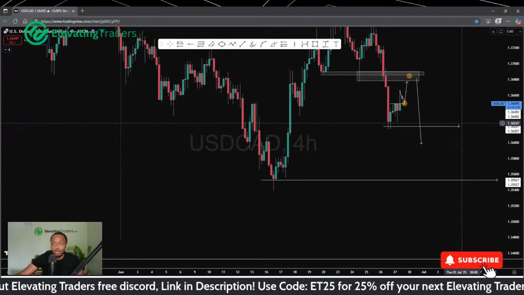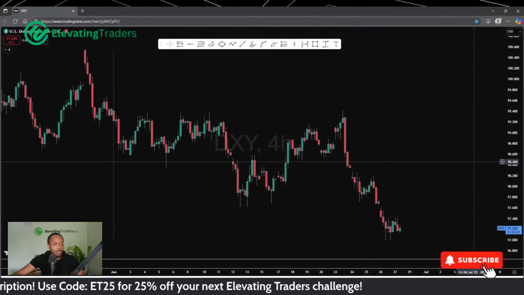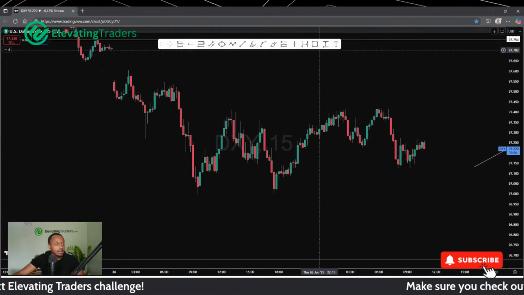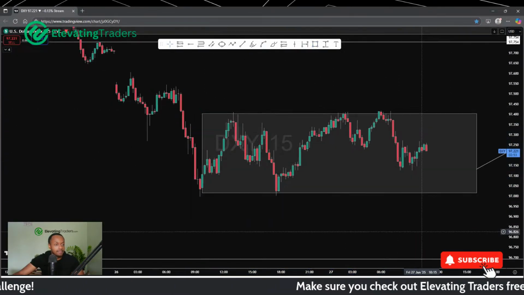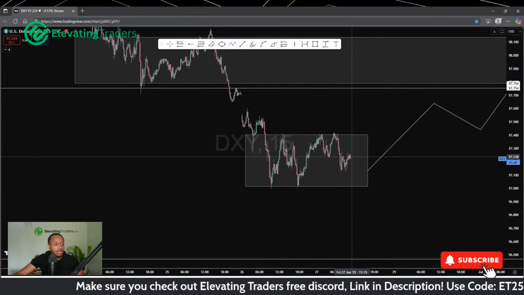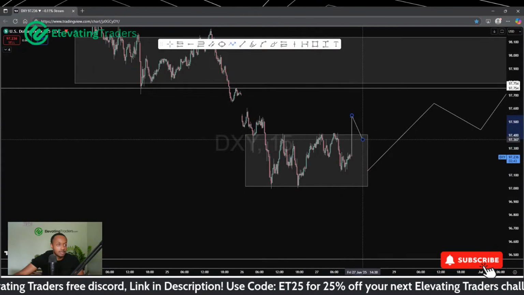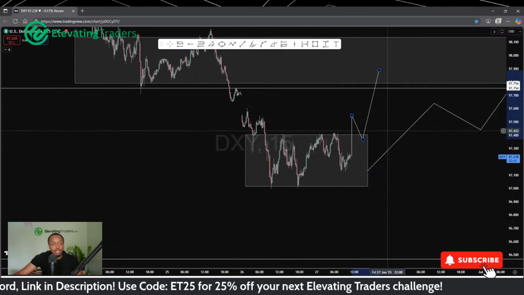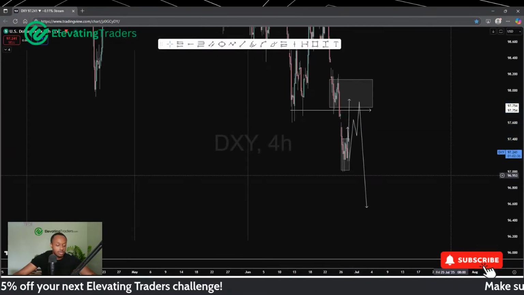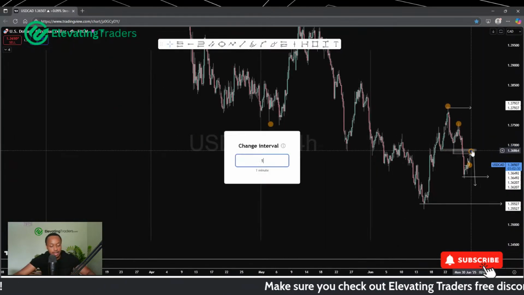There is upside opportunity there for USD CAD. It looks like DXY is finding support as well. We are starting to flatten. This is almost probably a bit of a range now. So we are starting to flatten, and if DXY can do something like this, that will probably give dollar CAD the green light to see more upside, and we could potentially expect the DXY to retrace back to 97, and that should give dollar CAD the energy to actually see some upside there.